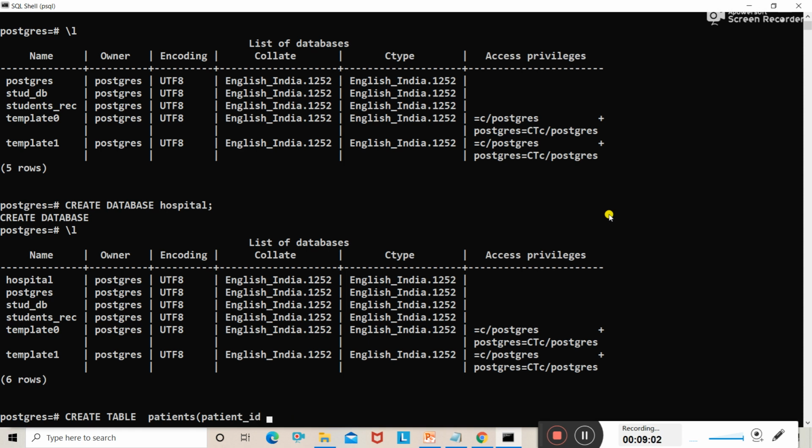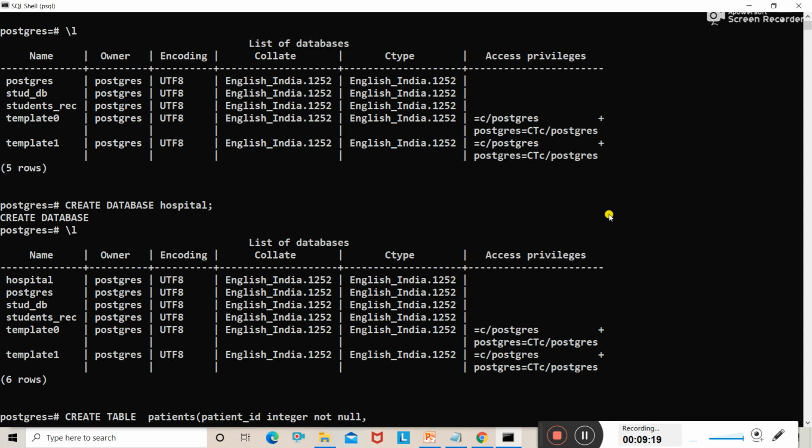In this we are going to store the integer type of data. So the data type will be integer and it should be not null, right? Not null means you are not supposed to keep it blank. Okay, you need to enter something in this. You cannot leave this field blank.